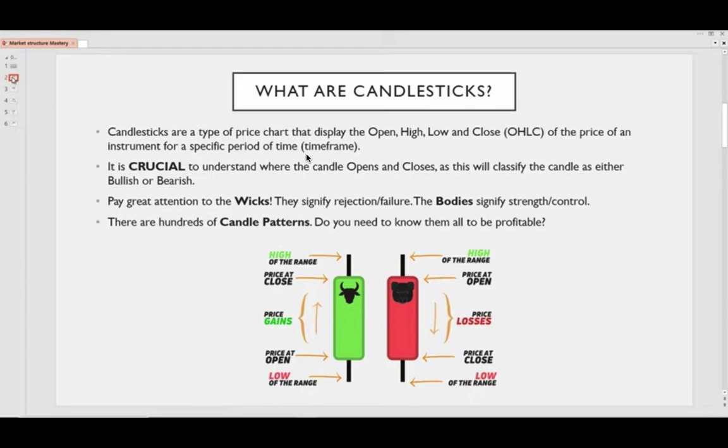Now, who invented this candlestick? There's this man called Munehisa Homma. He's actually the one that created the candlestick, and he was a Japanese rice trader. He was introduced to Western people through Steve Nison years ago. According to his book in 1991, he stated that Munehisa Homma is the person that